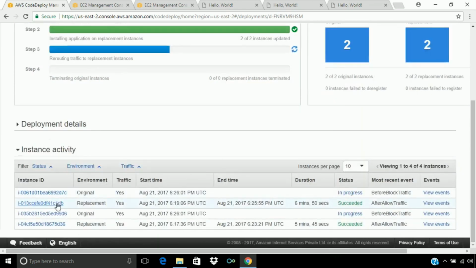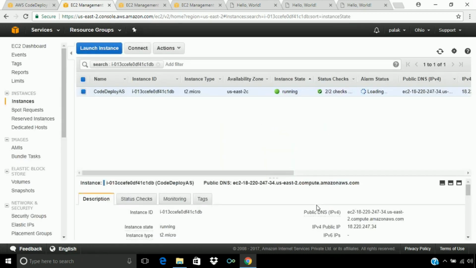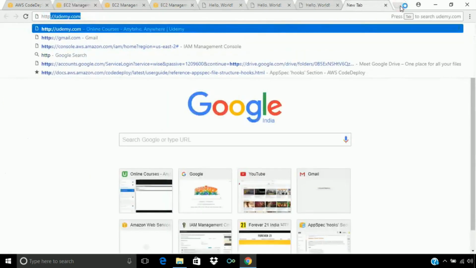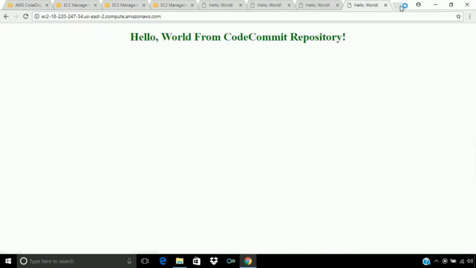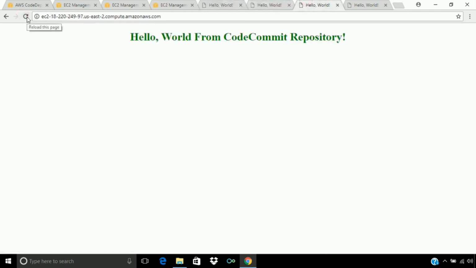Now both instances are in the succeeded stage. So let's open this instance also to verify our code change. Let's open this instance using the public DNS. So it is also changed. Here the text is also changed. So now in the original instance it is hello world, and in the replacement instance it is the modified code.